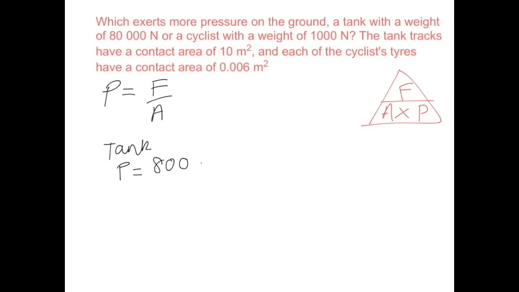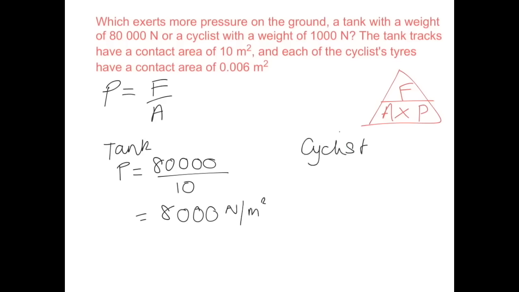So that's 80,000 divided by the area, which I've been told is 10, and here's the answer, 8,000 newtons per meter squared. Now let's look at the cyclist. Okay, so the pressure will equal the force again, which is this time 1,000 newtons, divided by the area. Now don't make a mistake here. The area is 2 lots of 0.006. The reason being because obviously the cyclist has 2 tyres. So I'm going to do 0.06 times 2, which equals 1,000